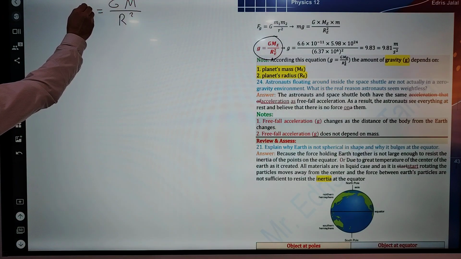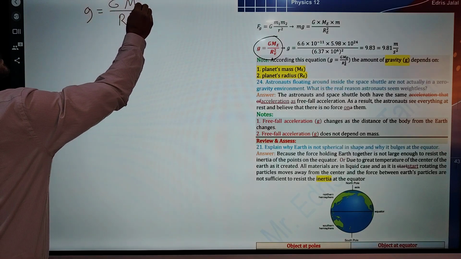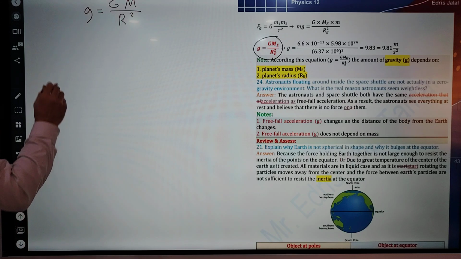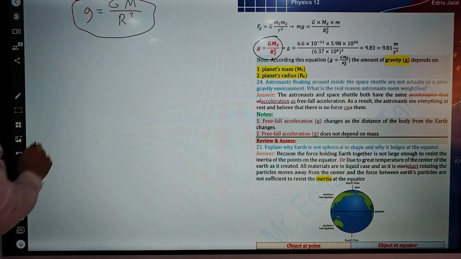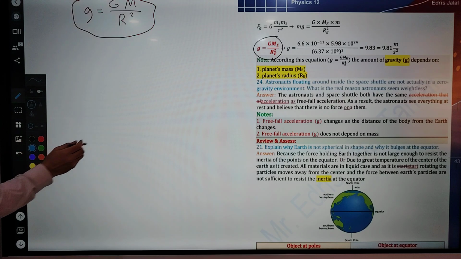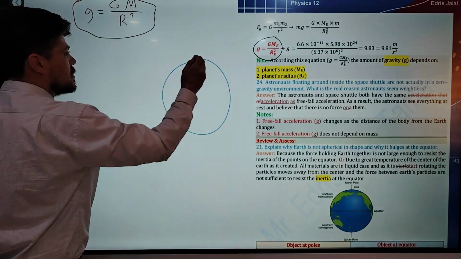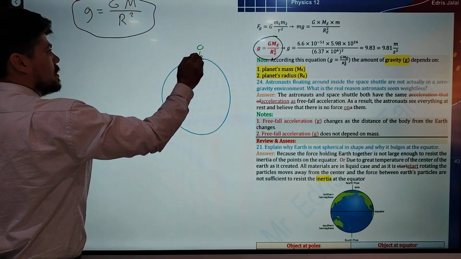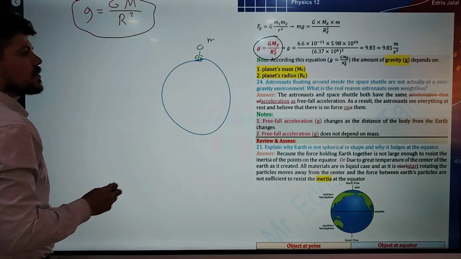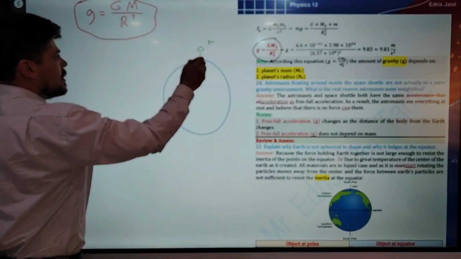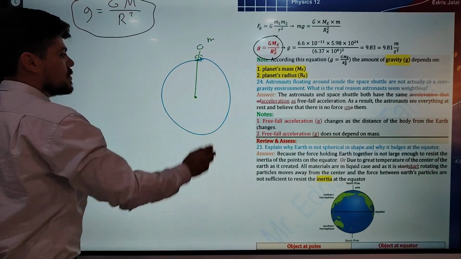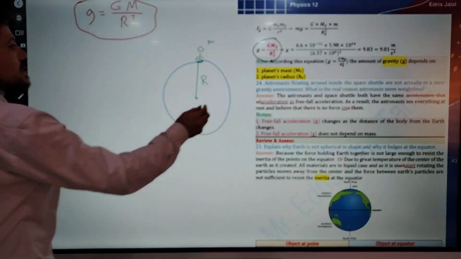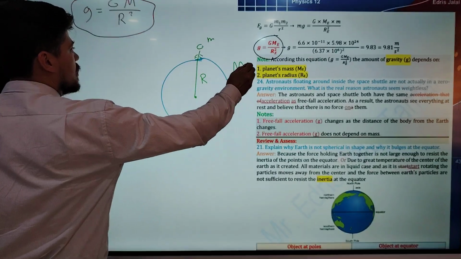So what does the free fall acceleration depend on? It depends on the mass of the planet and the radius of the planet. To prove this equation, assume that, for example, this is Earth, and for someone who is studying, this is the mass of this person. And the radius, the distance from the center of Earth, this is R, and this is the mass of Earth,